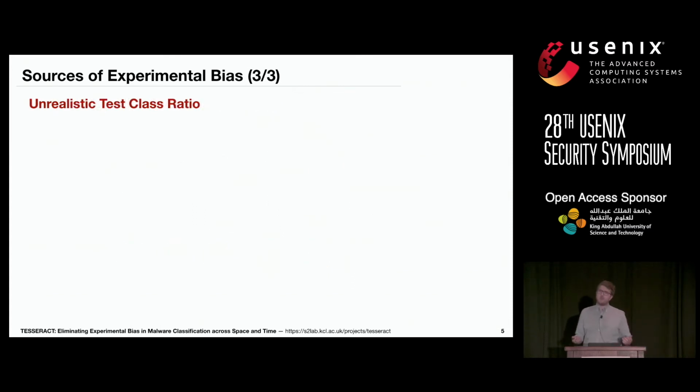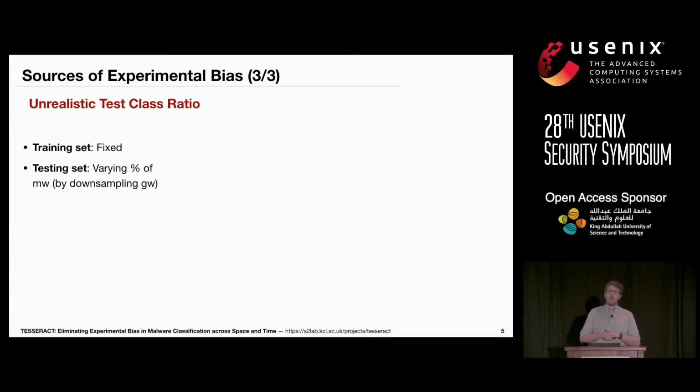The third source of experimental bias that we identify is related to unrealistic class ratios in the testing set. There are more case studies in the paper, but I want to show you an intuitive example to give you the idea. Let's say that we keep the training set fixed, and we modify the testing set. In particular, we vary the